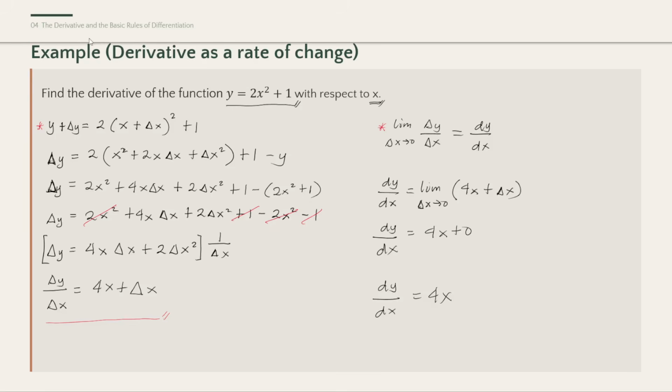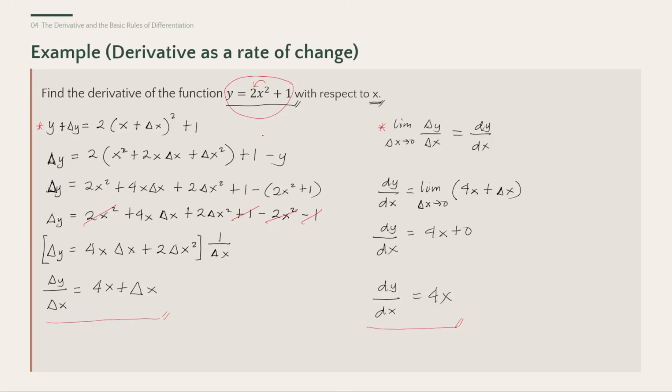Now I know that most of you have the idea of how to get the derivative of this easily. You just use the power rule. You multiply the exponent to the coefficient and then subtract 1 from the exponent, and you will arrive at the same answer for x. The derivative of 1 is 0 because 1 is a constant.